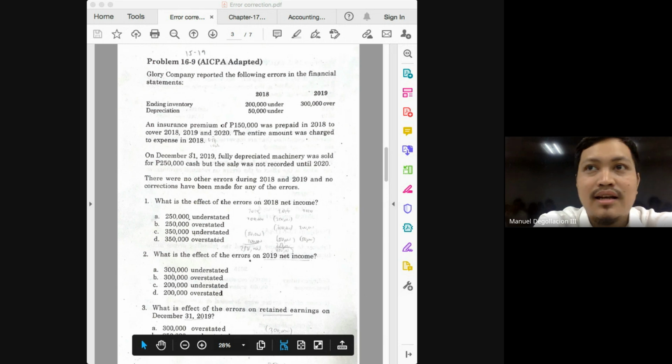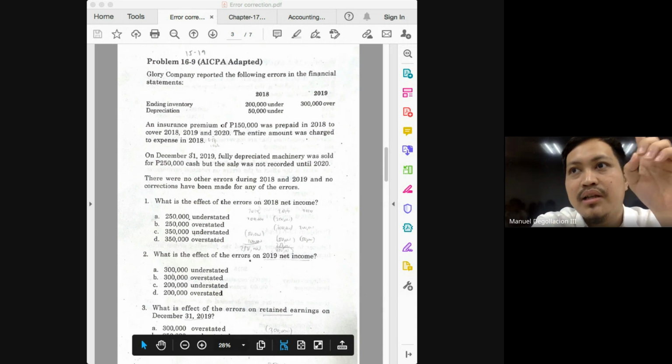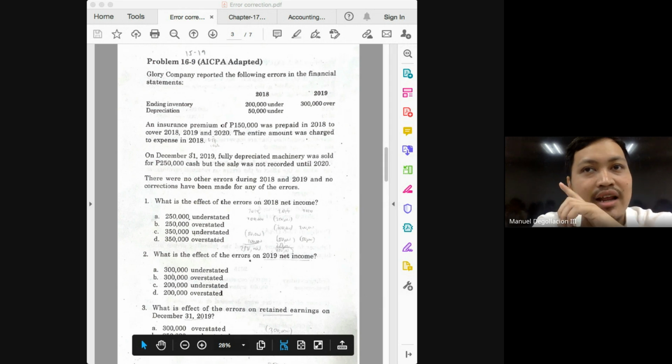Because when you sell the asset, class, you will have to recognize the related accounts. And what accounts am I talking about? The machinery account and the accumulated depreciation. So the complete entry here should have been debit cash, debit accumulated depreciation, credit machinery and credit gain in the amount of 250. But why did I omit that in the entry I mentioned earlier? Because we do not have any information as to the amount of accumulated depreciation and machinery. And besides, it is not relevant in our analysis. What is important here is that you are able to spot, class, that there should have been a gain on sale in the amount of 250.